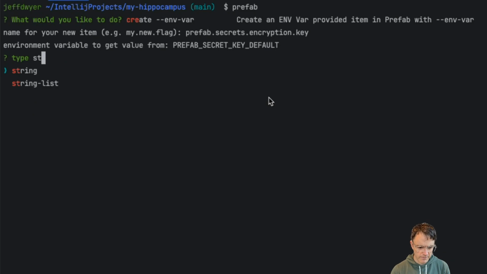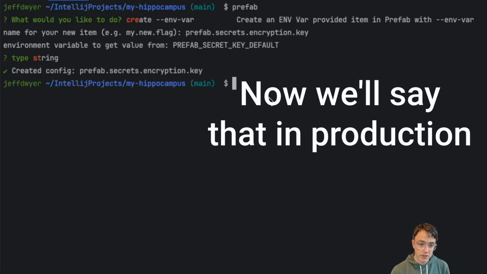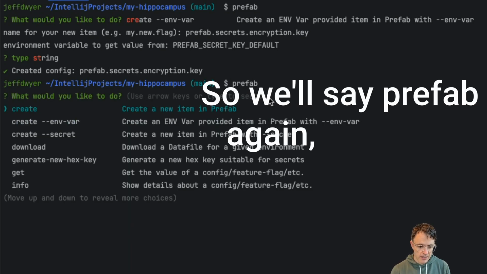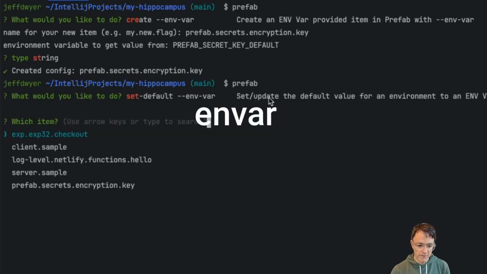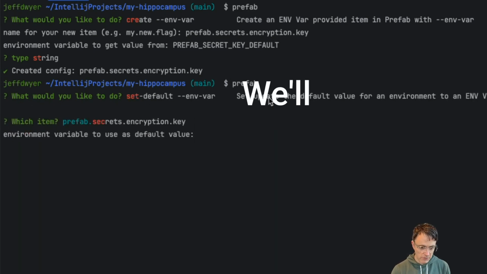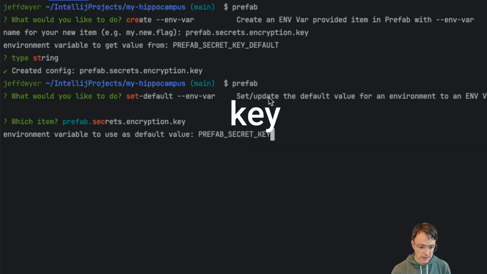String, set. Now we'll say that in production, we want to get it from the other environment variable. So we'll say prefab again, and we'll say set default envar for the secret encryption key. We'll say that it should use prefab secret key production